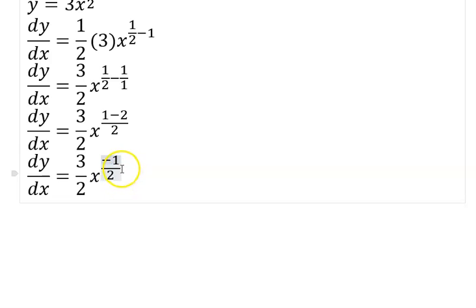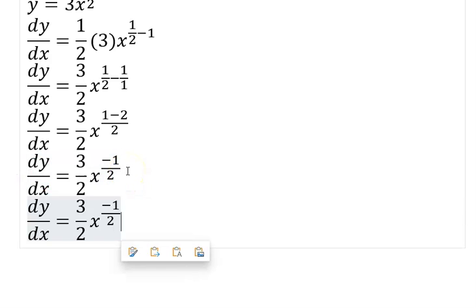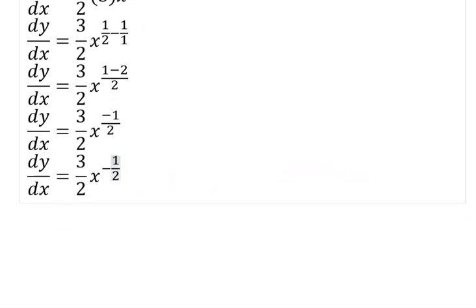You can still put this minus here if you like, it's still correct. This minus, you can put it here and remove it from this place. It is still the same. So you've been able to differentiate. You can leave your answer like this if you like, you are still correct. And if you don't want to leave it this way,